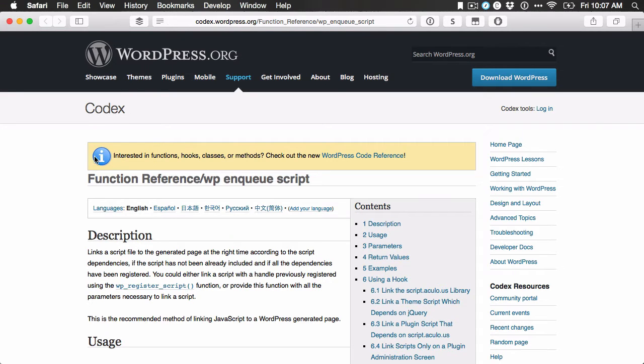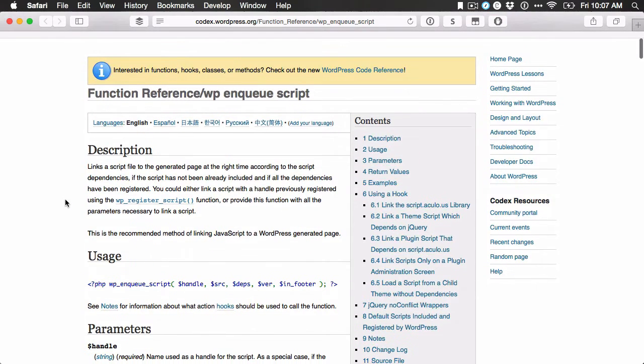And of course, okay, that's fine. It's going to open up here in Safari. And this is the script, and it basically links a script file to the generated page at the right time according to the script dependencies, if the script has not already been included and if all the dependencies have been registered. And so this is going to be the function that we're going to use,